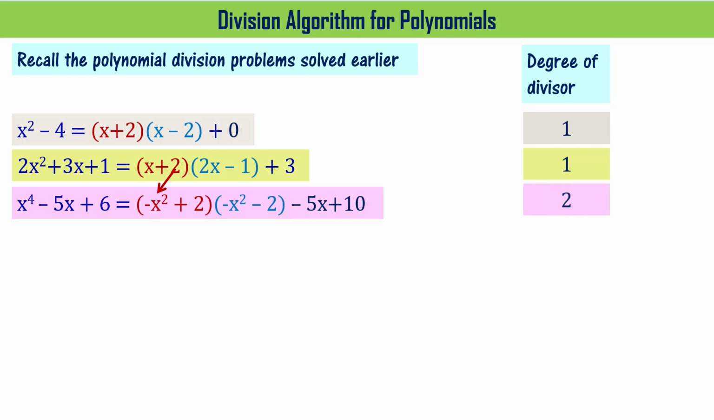Now let's take a look at the degree of remainder. Here remainder itself is a 0 for the first problem. It means degree of remainder is 0. In the case of second problem, remainder is 3. It means degree of remainder is 0, because 3 can be written as 3x to the power of 0, right? So degree of remainder is 0 here. And in the case of third problem, degree of remainder is 1, right? When you observe this,